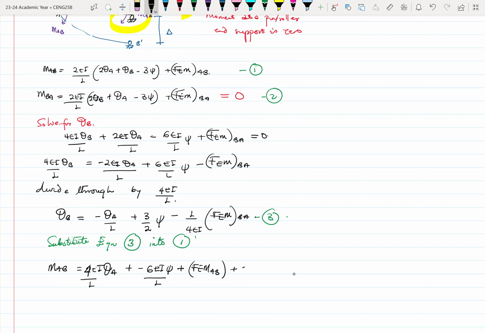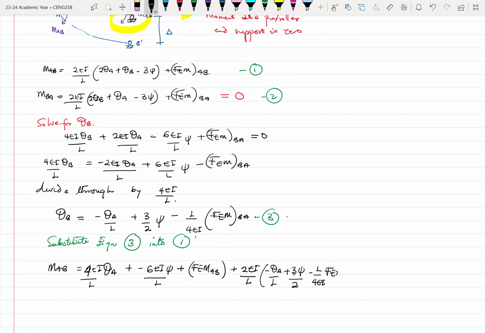Then plus 2EI over L theta B. Right. So whenever we see theta B, we can put in equation 3. So we can have in brackets minus theta A over L plus 3 psi over 2, then minus L over 4EI